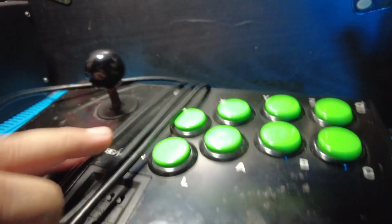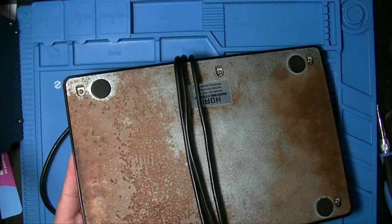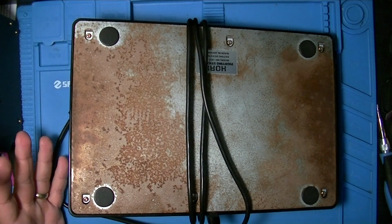cables for this. First thing I want to do is find a screwdriver bit that I can take these screws out of. So these are like a star screw, and then I think underneath, yeah, there's 6 Phillips screws underneath. So I'll rip all these screws out, take it all apart, strip it down to its bare bones as